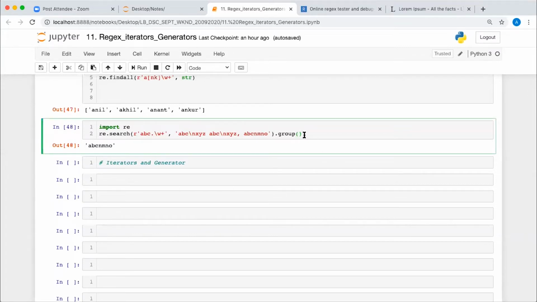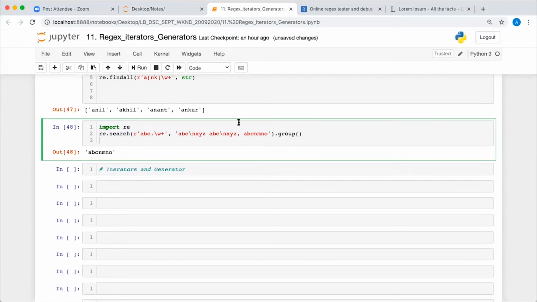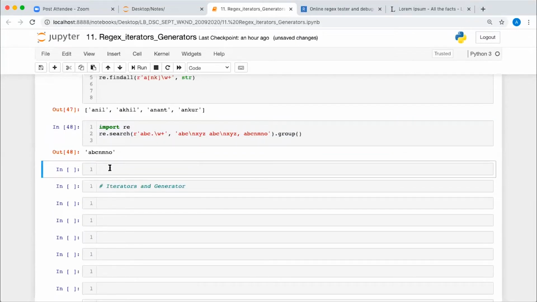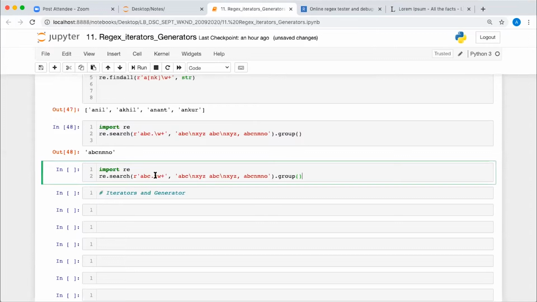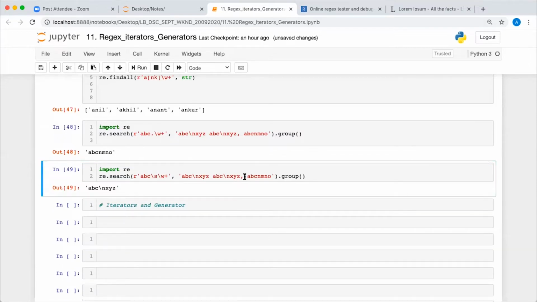Now let's say the same example, if I take backslash S. Instead of dot, I will be matching a backslash S character, so I'll be writing backslash S. So which one will it be giving me? The search method gives the first occurrence, right? So the one with the backslash and the first character. If I write here, let's say MNO, it is going to give me XYZ, the first occurrence of this.